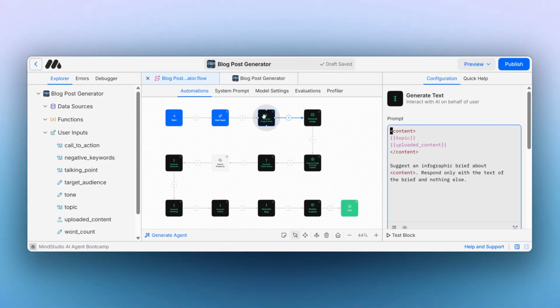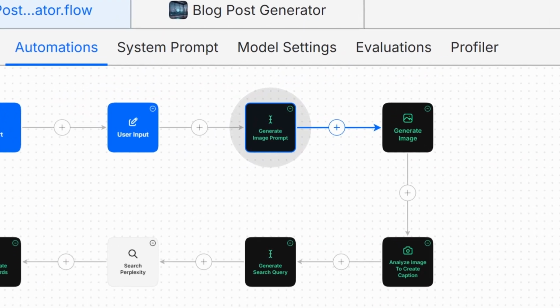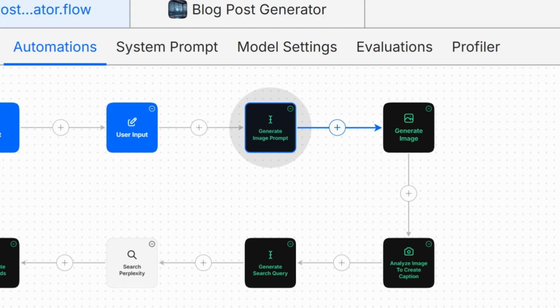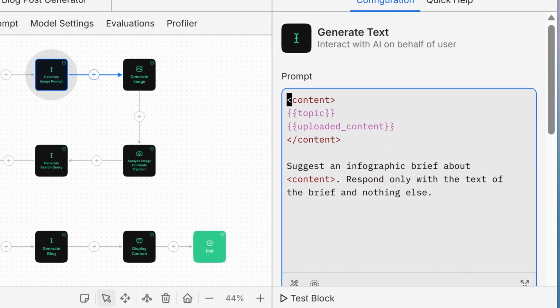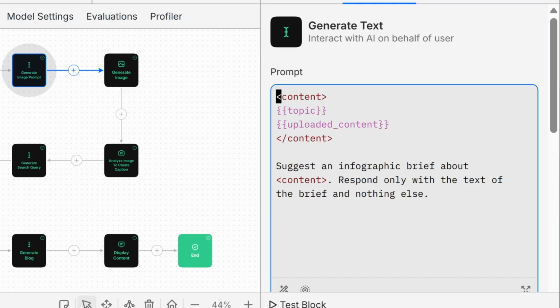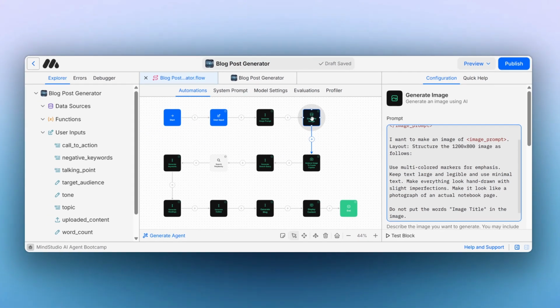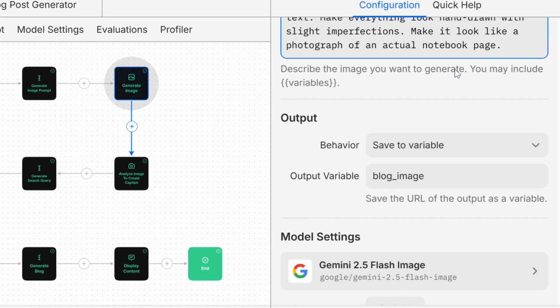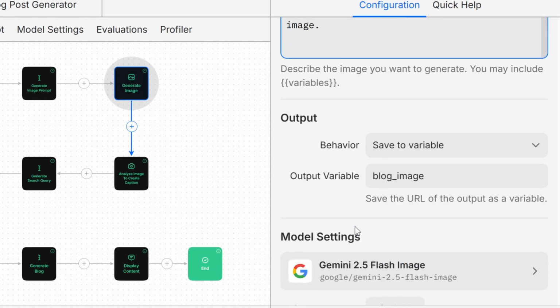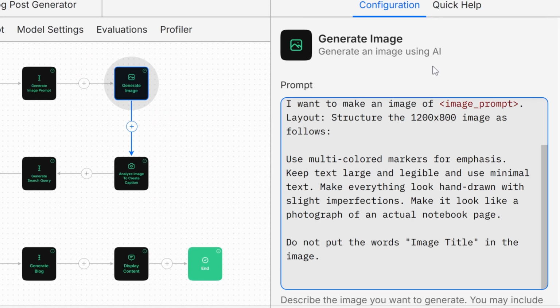So the next block is where we're actually going to generate a prompt to create our image for the blog post. We're going to feed in the topic that we're going to be writing the blog about. And if you did have uploaded content, you're going to put that here, and this is going to generate your prompt for you. We're going to take that prompt, and in the next step, we're going to feed it into an image generating model. We're using Gemini 2.5 Flash,